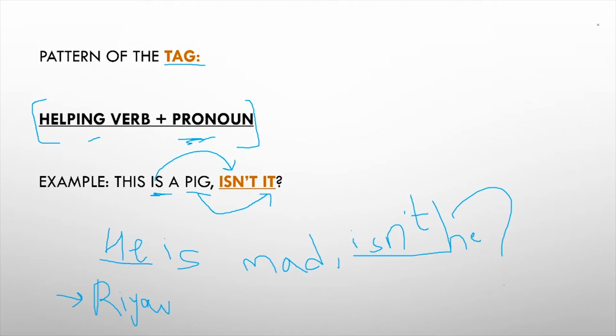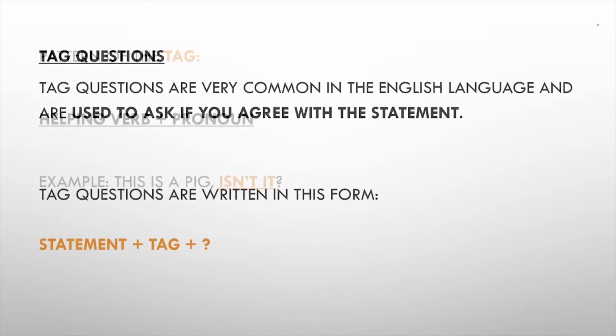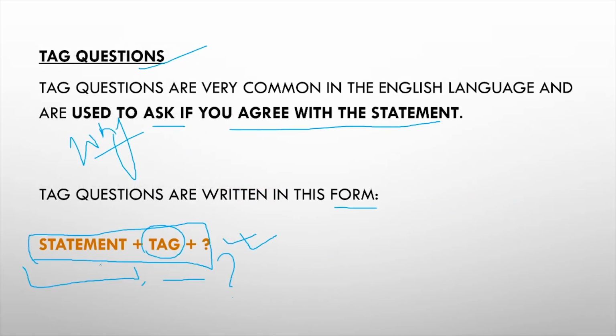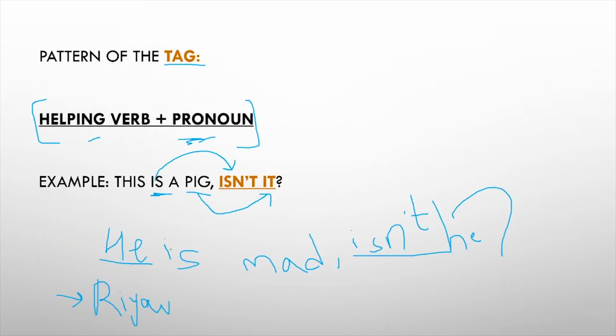This was the pattern of the tag. Let me just go back and let you know. This was the pattern of the entire sentence. This is the pattern of just the tag, as you can see in a different color. This is just this. Okay. Now,